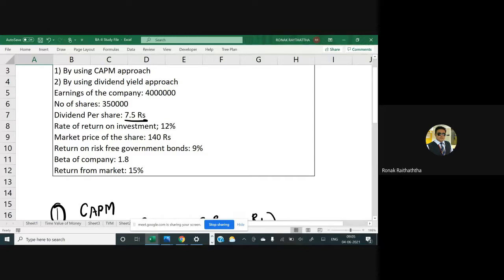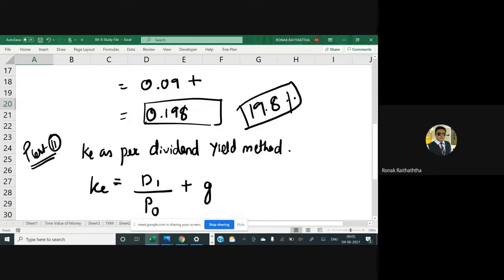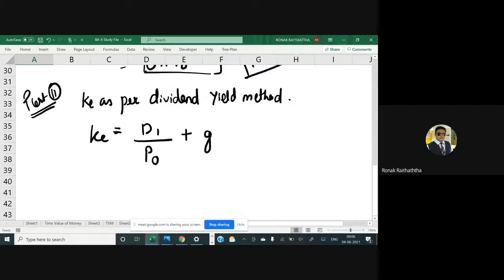If the words used had been the dividend of the last year, then you add the growth rate to last year's dividend. But if the dividend per share is simply given to you, then you assume that it includes the growth rate of the current year, right? So 7.5. Please put it in the back of your mind. If terminology such as the dividend of the last year is used, then you will also be adding the growth rate of the current year. But if dividend per share is given to you, you just take whatever amount is given.